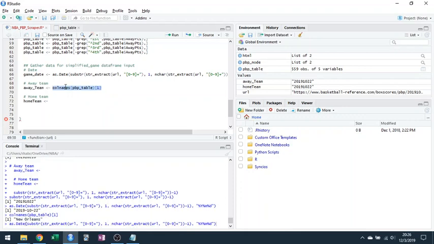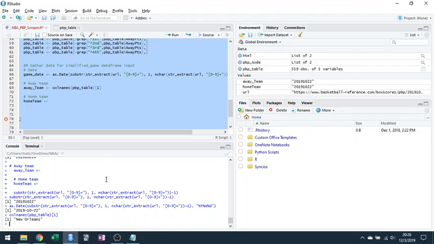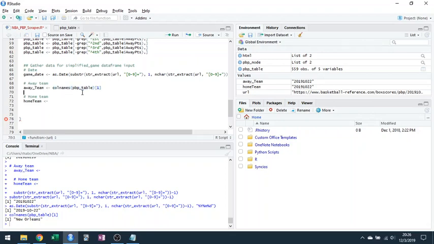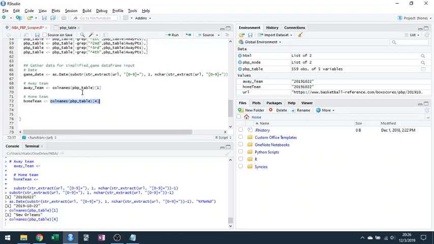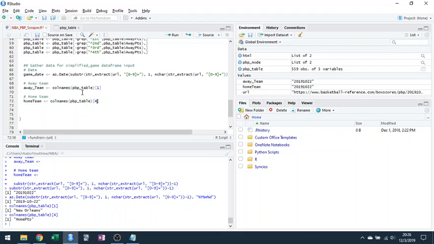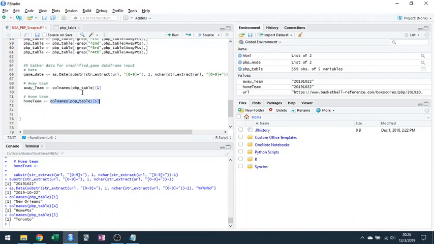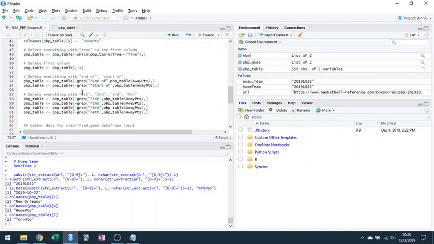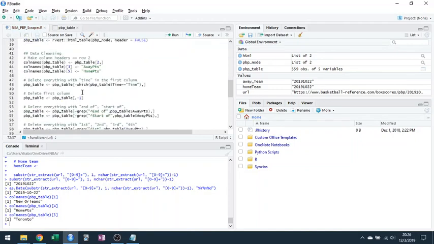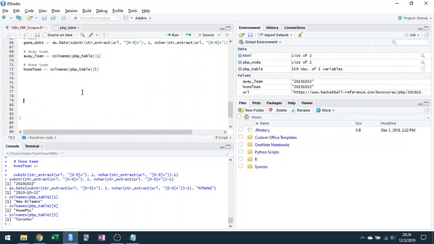Mistaken. Oops. Home team is going to be call names of PvP table 4. Nope. 5. Great. And let's just put comments down here. So convert